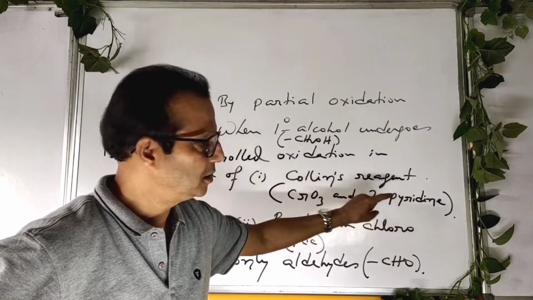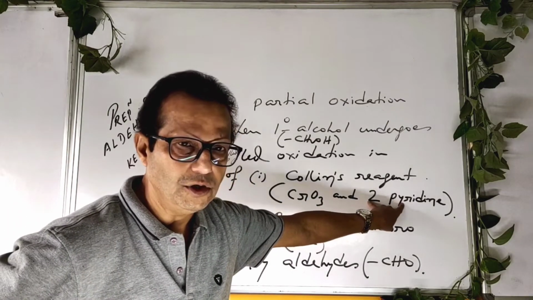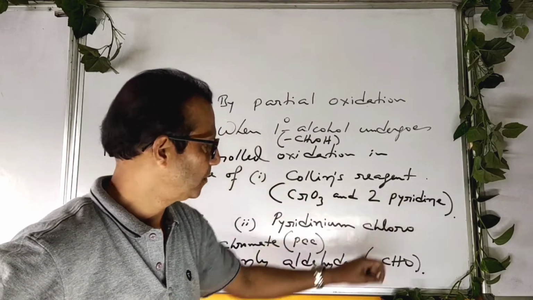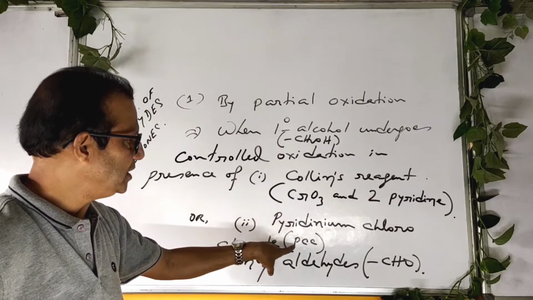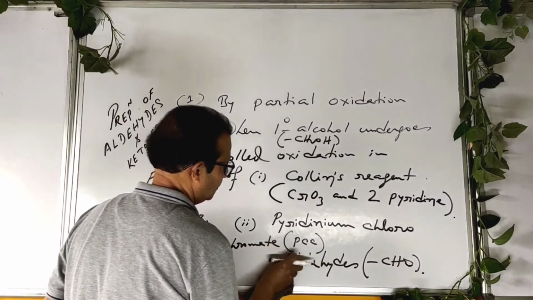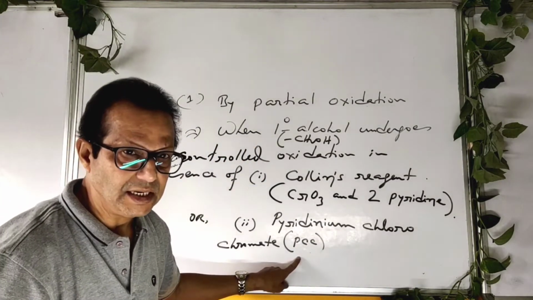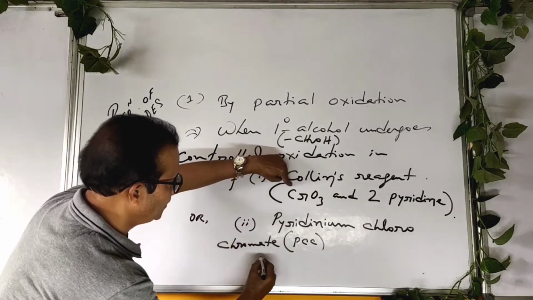Pyridine is a base. 1 molecule of chromic oxide and 2 molecules of pyridine. And PCC, just write it,